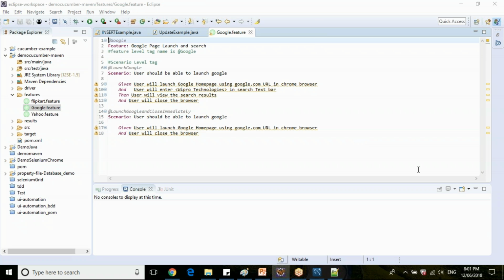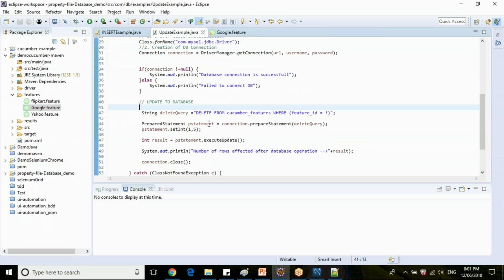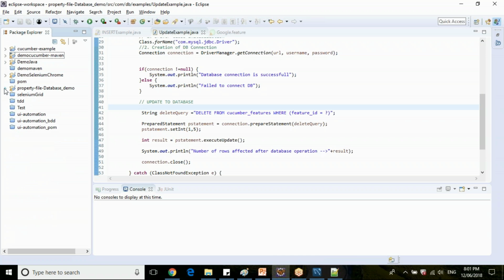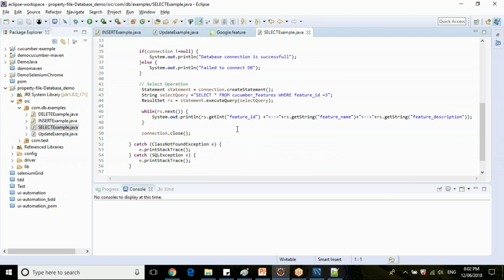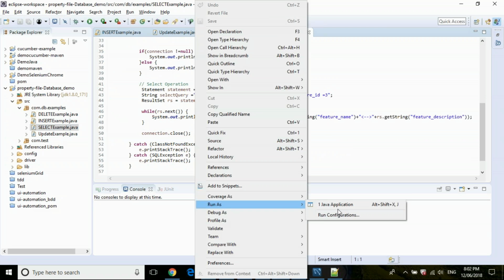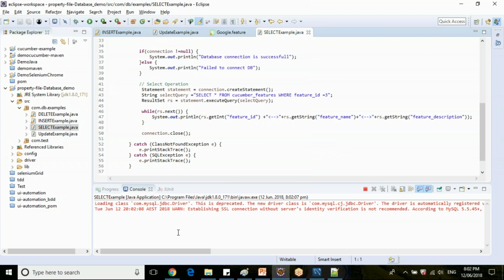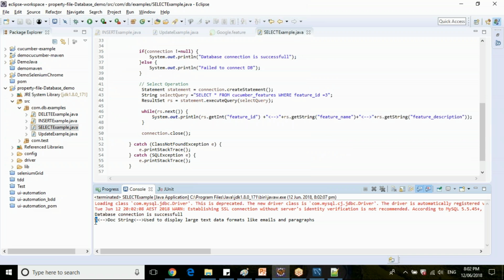So yeah, only data from tables. Definitely we can do that. I'll just give you an overview of how you can perform that. Now in select we are getting this data through a result set. In the DB example select, you are printing your result set here, right? So this is the data which is available from your database.